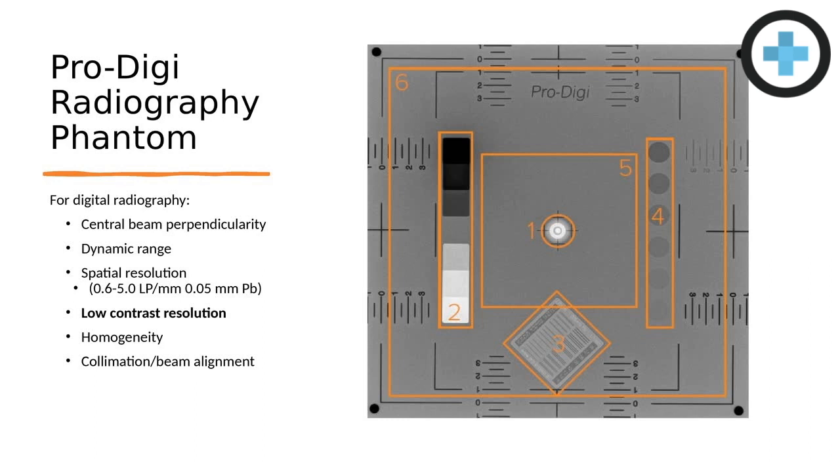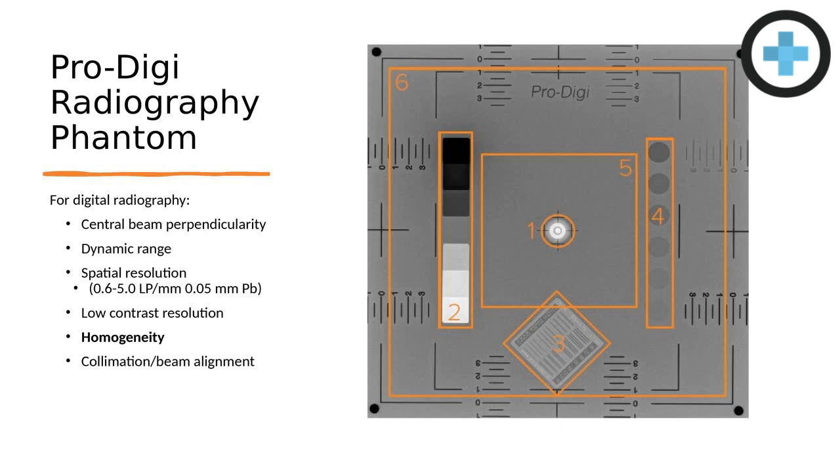Regarding the low contrast resolution, this is determining the number of visible low contrast objects. So similar to the copper wedge. We move to